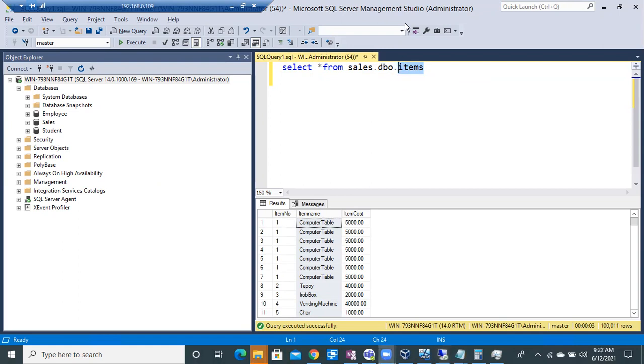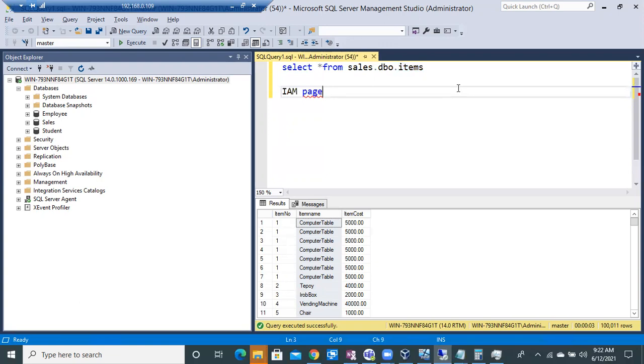How does SQL Server know on what pages your items table is stored? That will be tracked by the IAM page. The IAM page will simply track, for all the tables, on what pages these tables are stored.